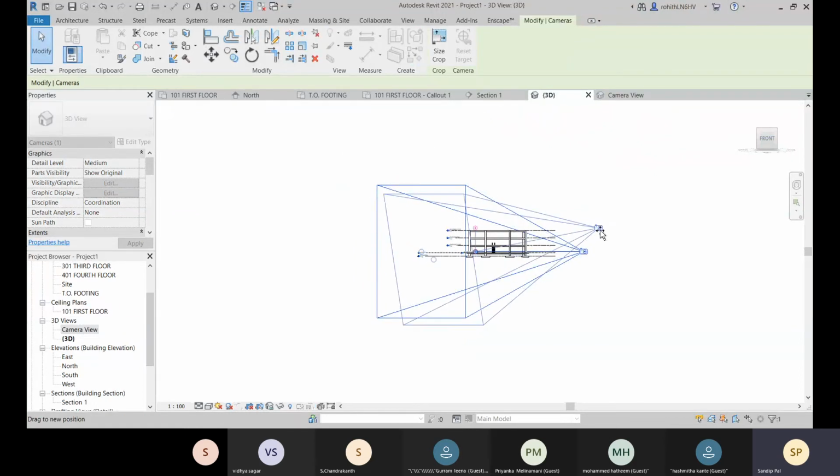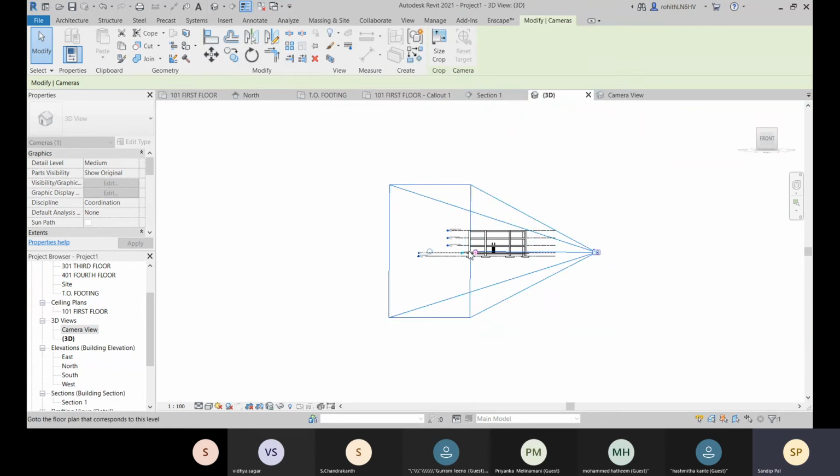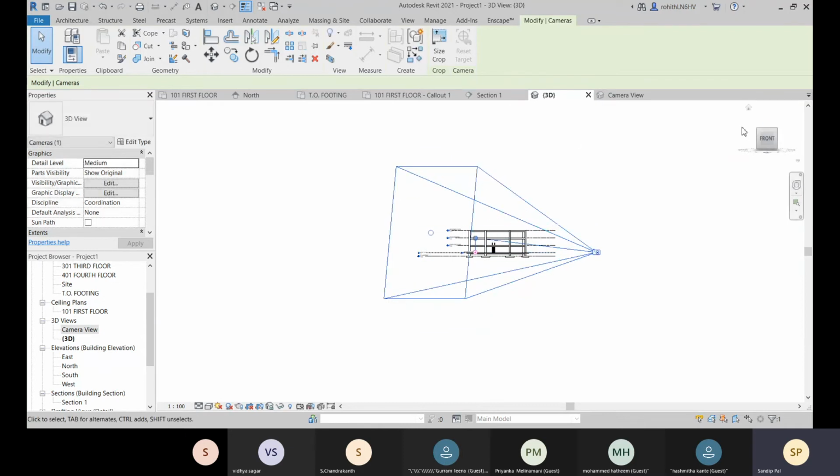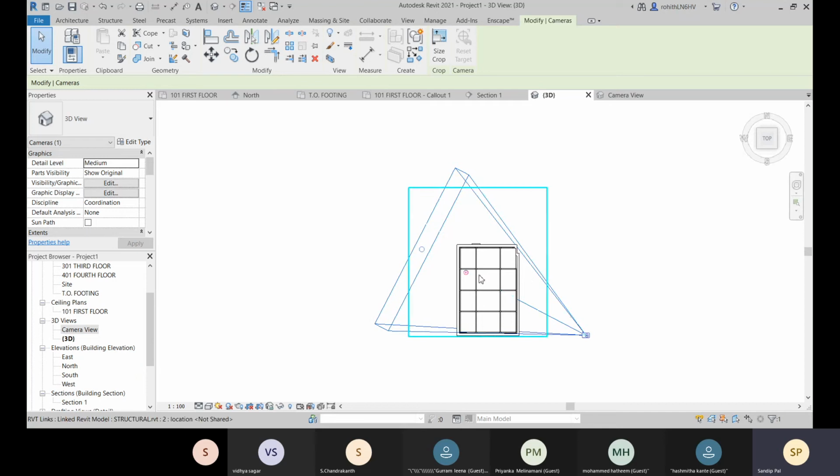Let's change this position like this. And drag this one upward and downward, and this one horizontally. So let me show you that.